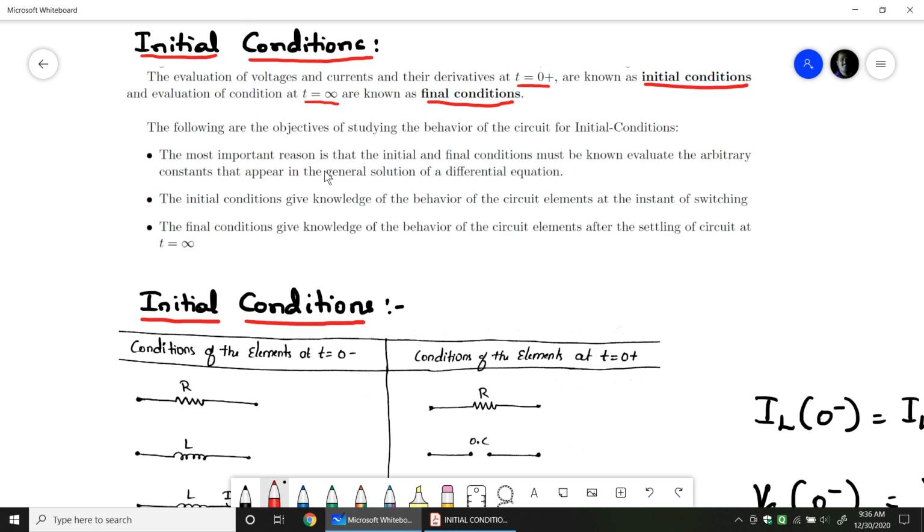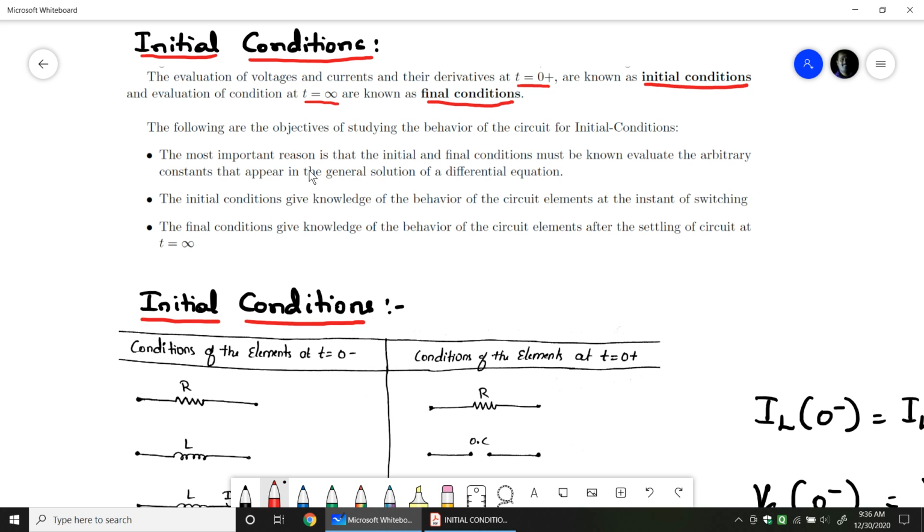The only reason is that we need to know the behavior of those circuits prior to the switch being closed. That means what the initial voltage of the capacitor would be, or what voltage the capacitor might initially have charged to, or what the initial current flowing through the inductor would be. If we know all these initial conditions, then we will be able to judge the circuit after the switch gets closed, with proper calculation of all the parameters.